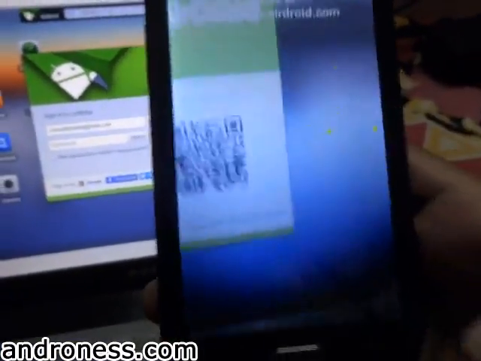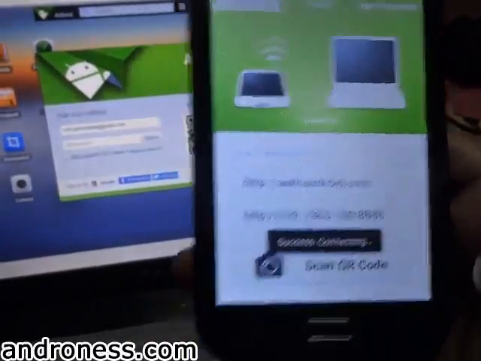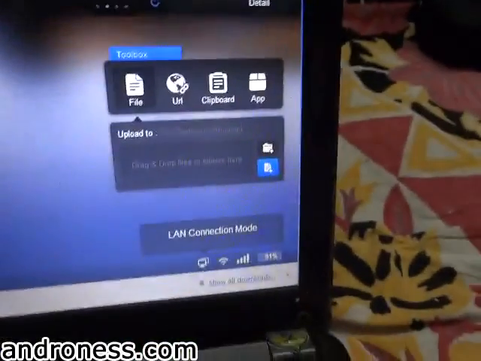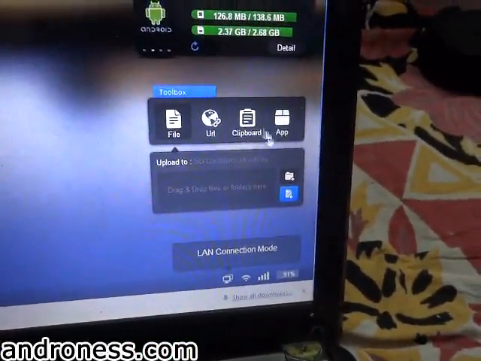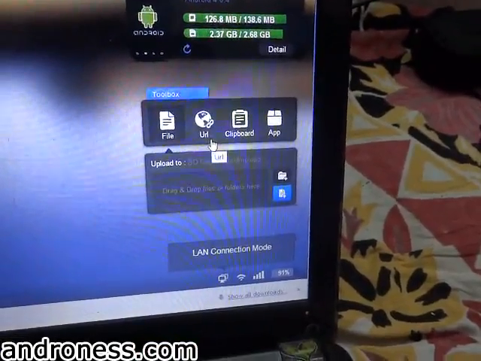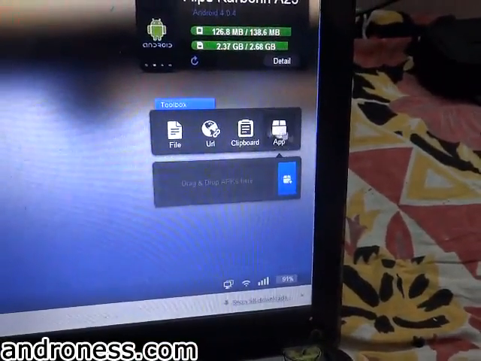Okay, it is connected, you can see. Now there is a toolbox where I can drop my files, and I can directly install my application.